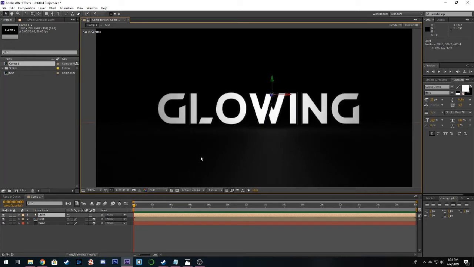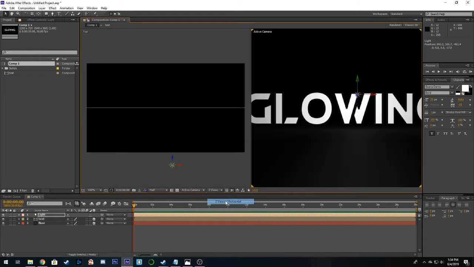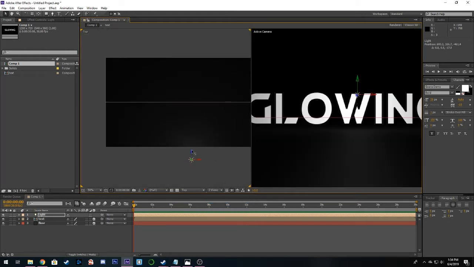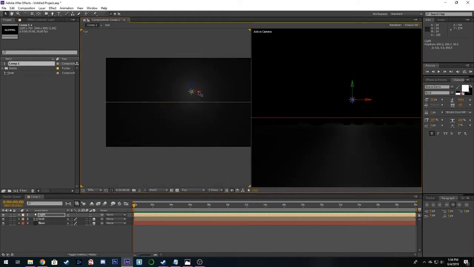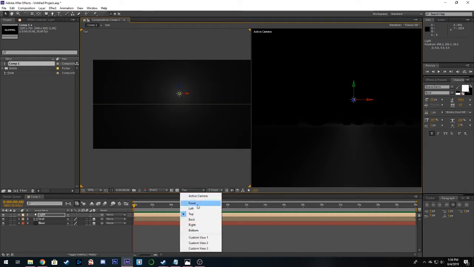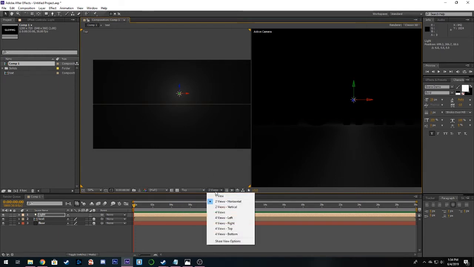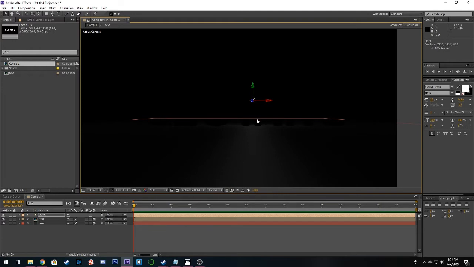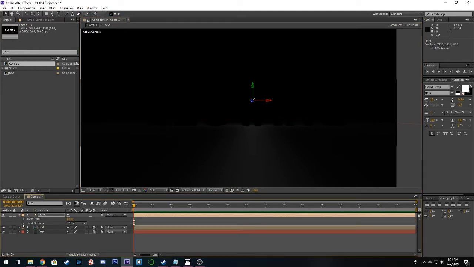Another way that you can do this, which I found a lot easier, is here where it says one view. You can put it to two views, and then just move it behind your text like that. So when moving things in z-axis, using the top-down view is a lot easier for me personally. Alright, so we can just go back to the one view now, and then we can open up our light